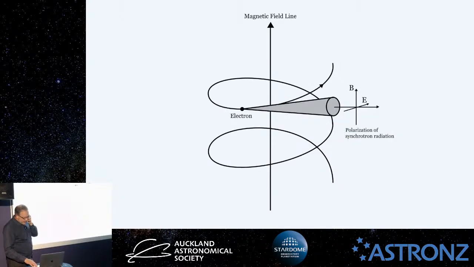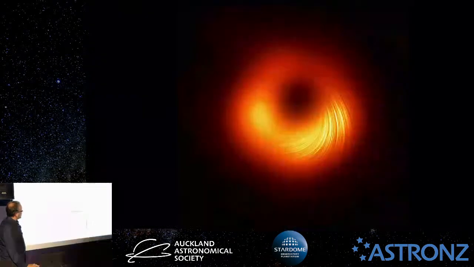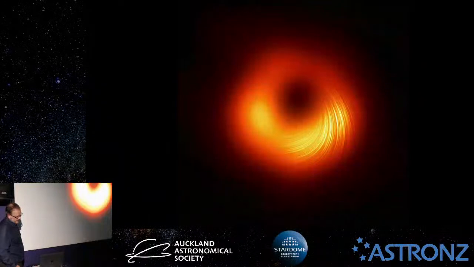So another way, I talked a little bit about synchrotron radiation when I mentioned black holes, but basically if you have some magnetic field lines and electrons spiral around those magnetic field lines, those electrons will emit radiation as they spiral around, and that radiation will have a preferred direction of its electric field, so it produces linearly polarized light. And that's the effect that was used to produce this image of the supermassive black hole in a nearby